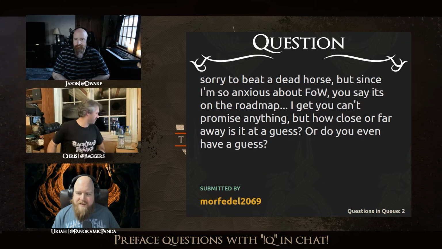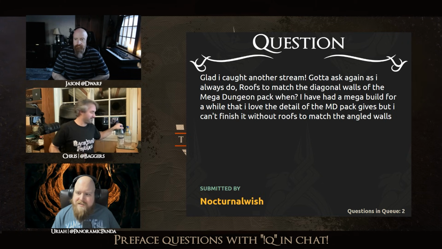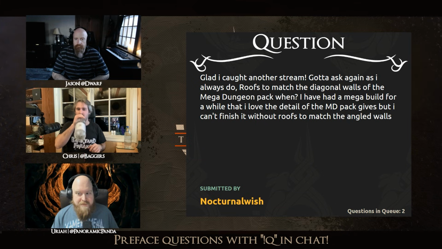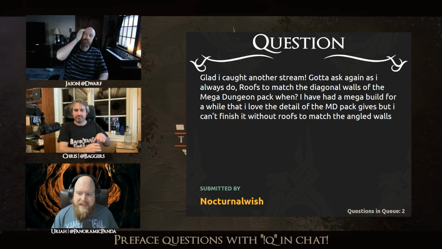Right. Nocturnal Wish asks, glad I caught another stream. Gotta ask again, as I always do, will roofs to match the diagonal walls of the Mega Dungeon pack win? I have had a Mega build for a while and I love the detail the Mega Dungeon pack gives, of course, but I can't finish it without roofs to match the angled walls.